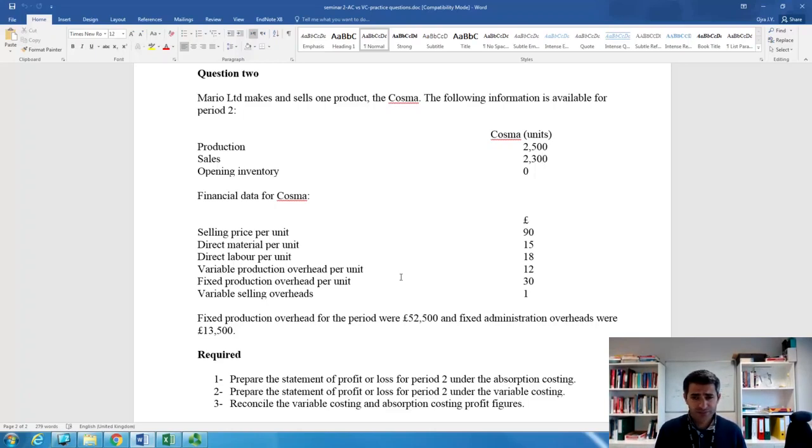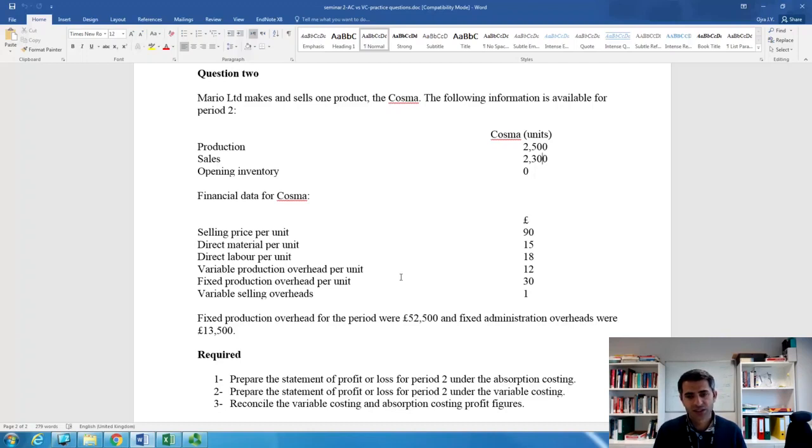The interesting thing here is that the question does tell you how many units they have produced for April, period 2, but the question doesn't really give any information about the budgeted production units,